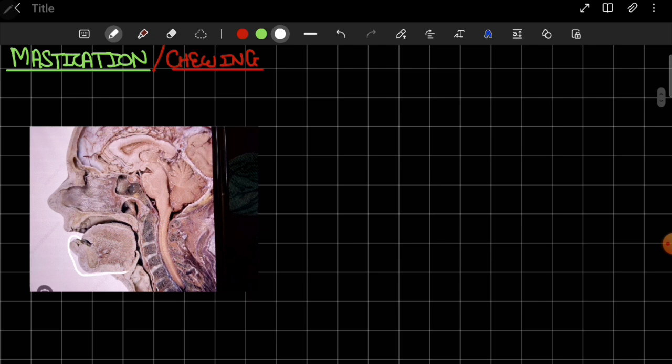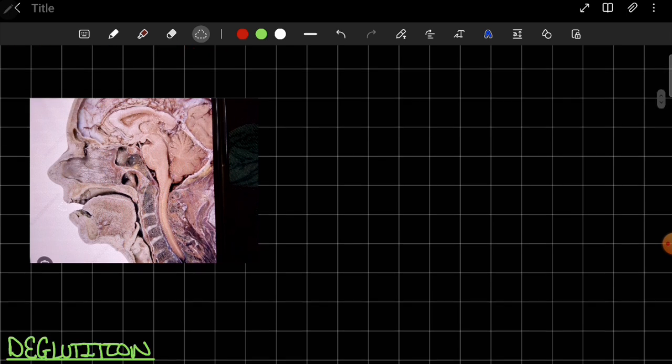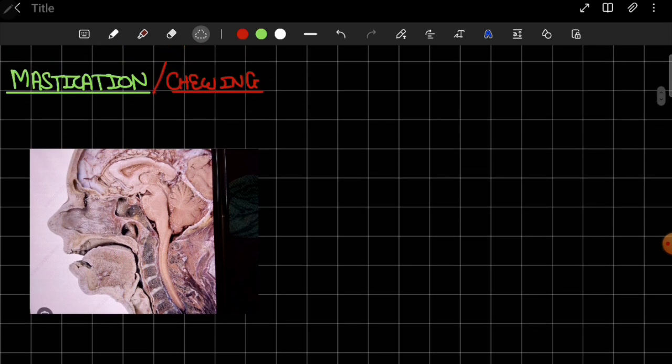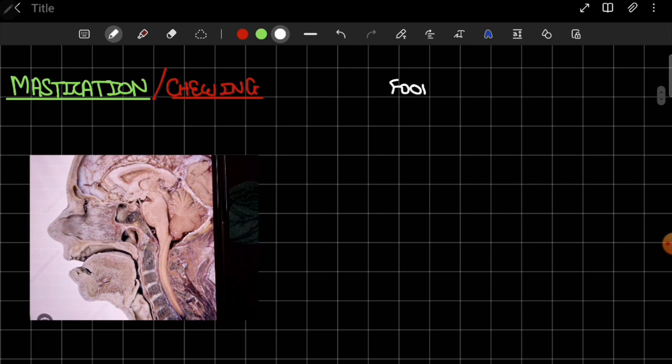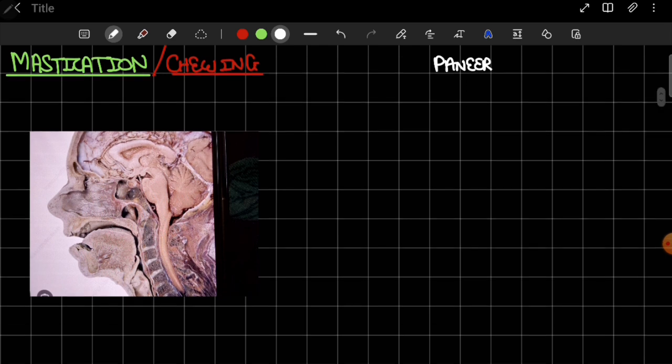So, this part is the mandible. This is the maxilla, and this portion is the tongue. Now, food enters from here, goes here, and goes down the esophagus. Now, what happens in mastication? So, you have eaten food. Suppose we have eaten a piece of paneer. Now this paneer will enter your mouth and it will get mixed with